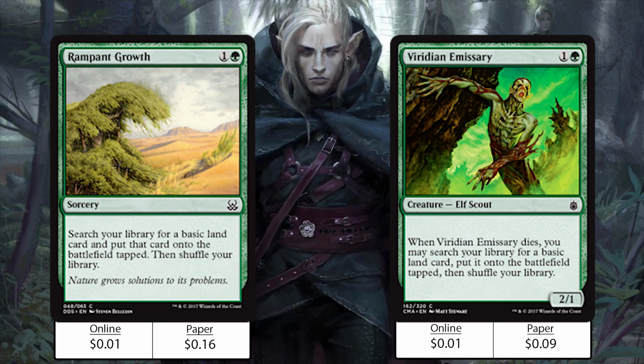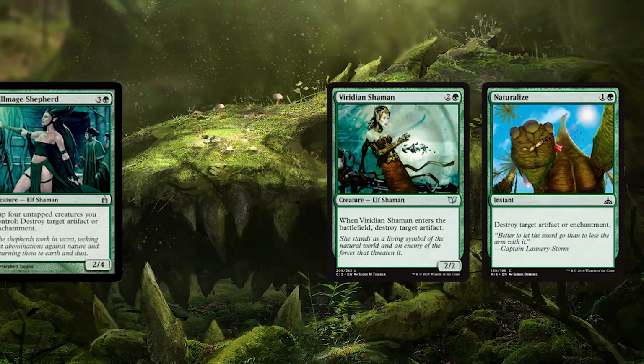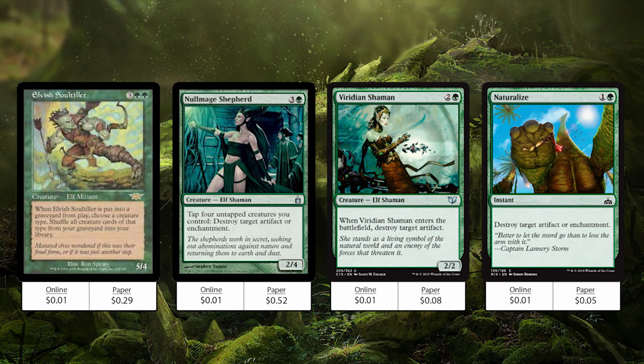The curve of this deck is a little high, but with this mana ramp and fixing, you aren't going to notice at all. We're also running Elvish Soul Tiller to recur all of our elves from the graveyard, or specters in case something terrible happens. That's good utility. We have Null Mage Shepherd, Viridian Shaman, and Naturalize to deal with artifacts and enchantments, and a